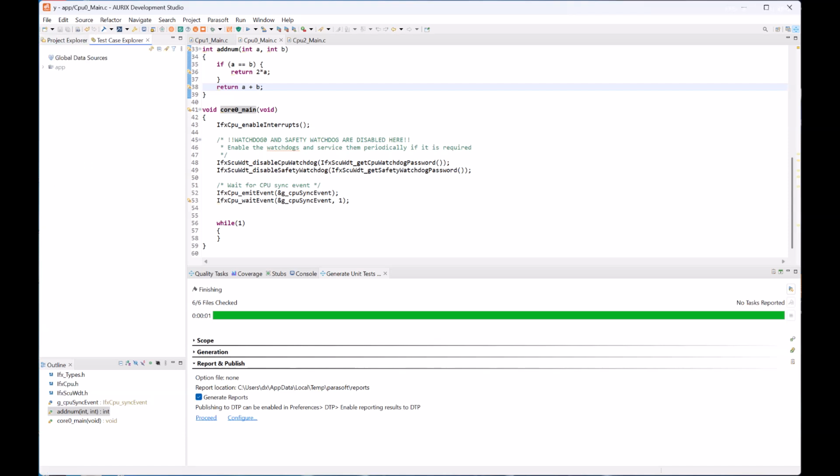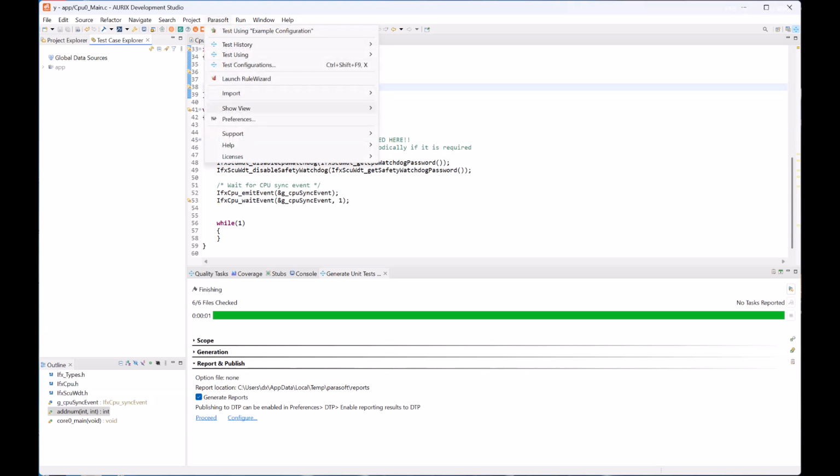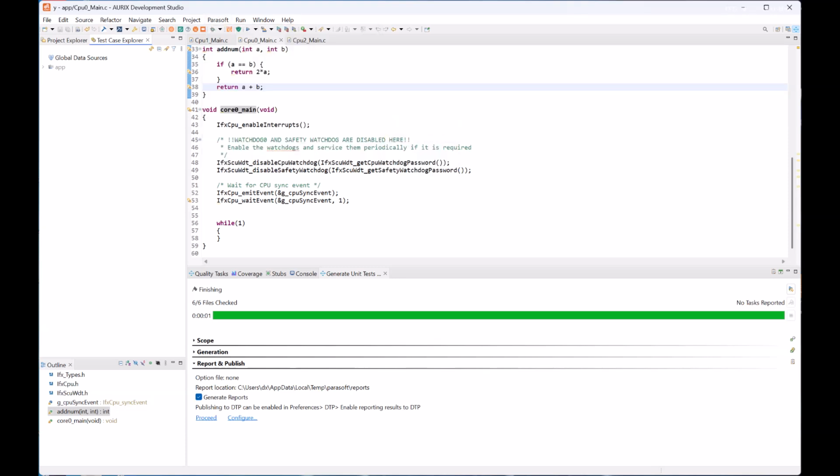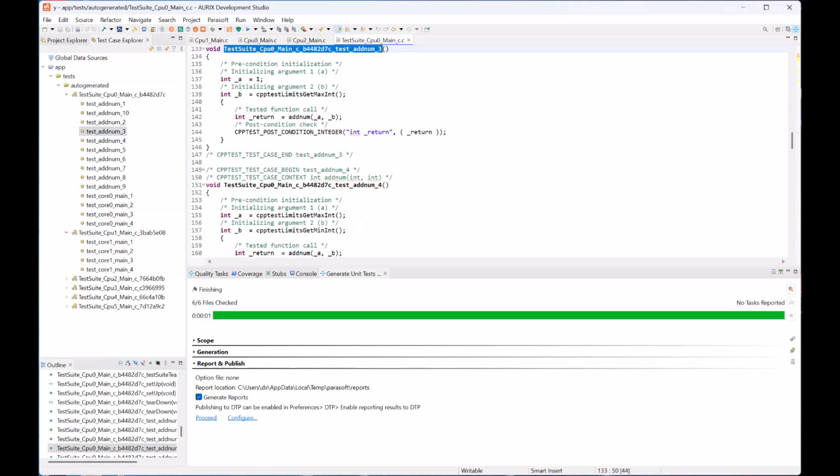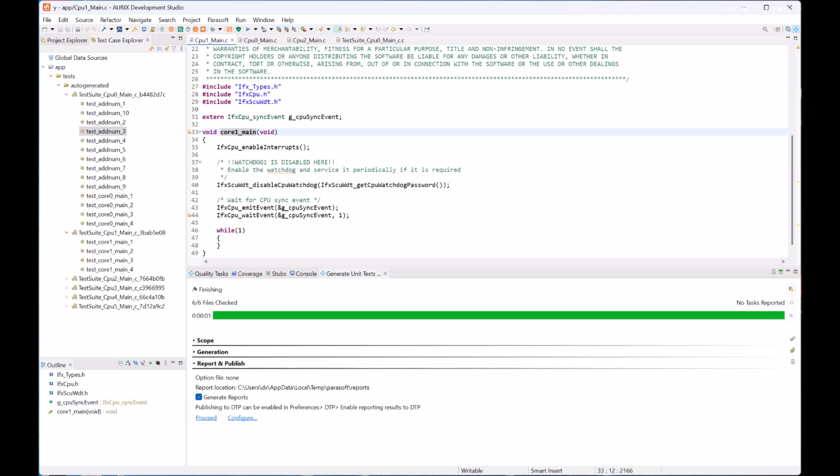I will click that now. In case the test case explorer is not visible, you can click Parasoft, show view, and then select test case explorer. Now that the test case explorer is selected, expand this, and we should see the generated test cases here. All right. So now that these cases have been generated, let's try to